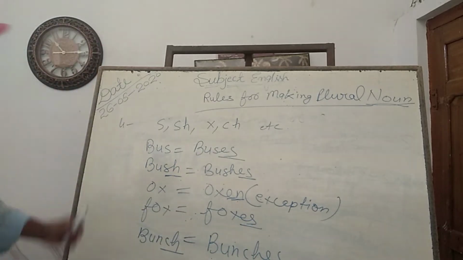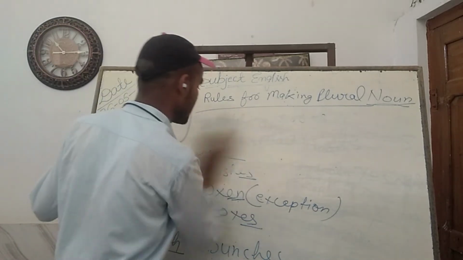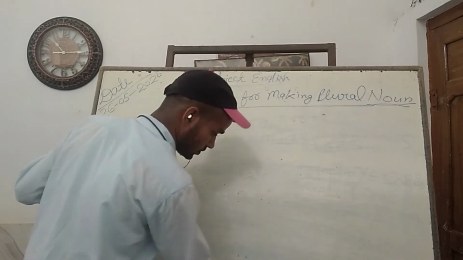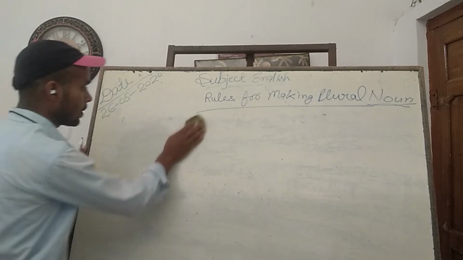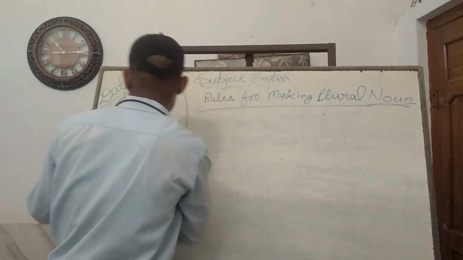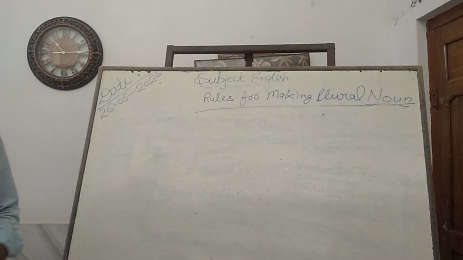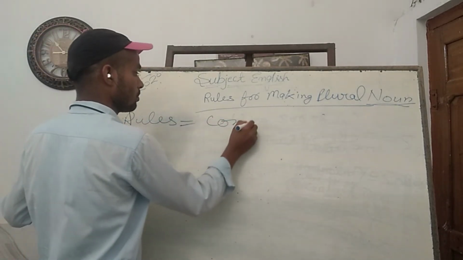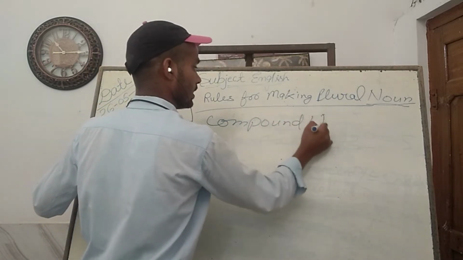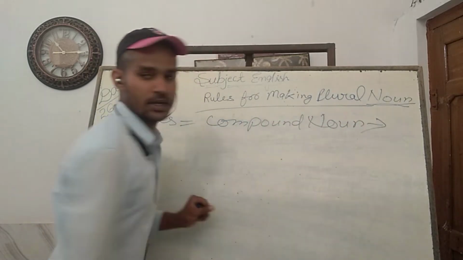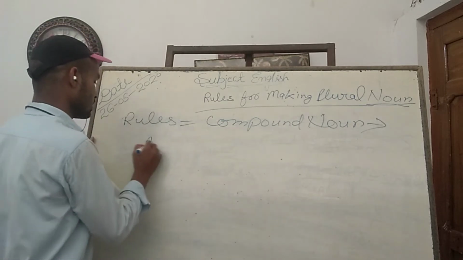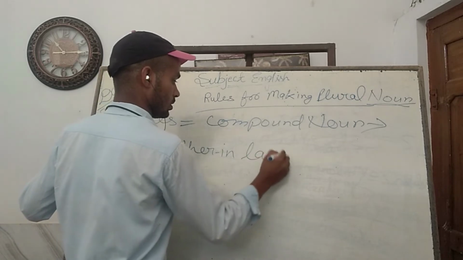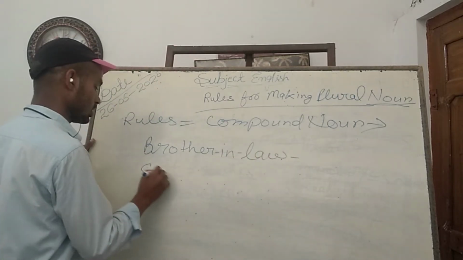noun. And after that, fifth rule is that if your noun is a compound noun, do you know what is a compound noun? Compound noun is that noun which is made by adding two nouns or more than two nouns. Then rules related to compound noun. How compound noun is made plural, I am going to tell. Brother-in-law, brother-in-law, sister-in-law,